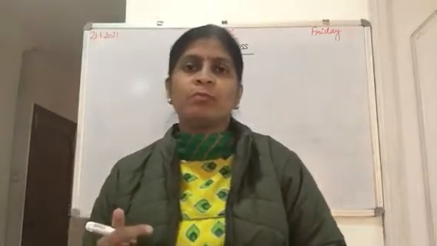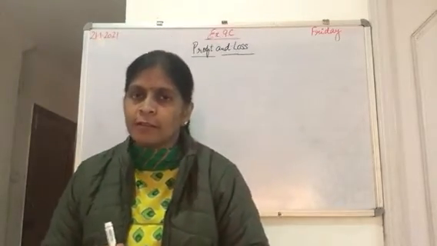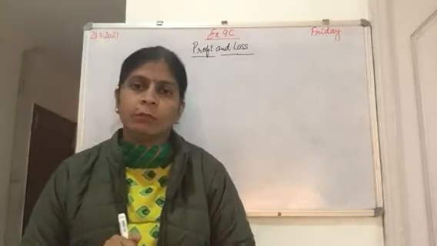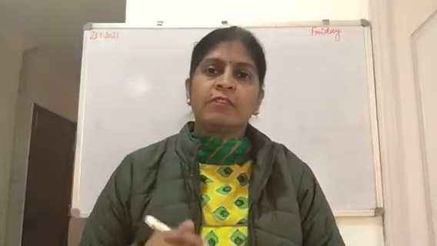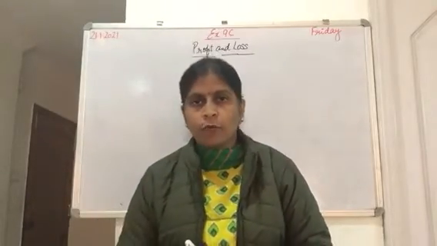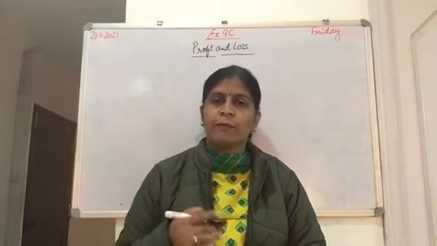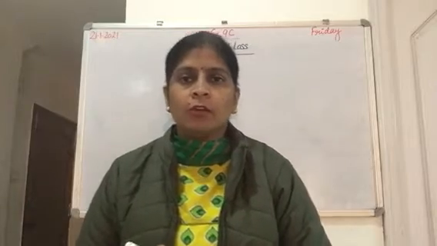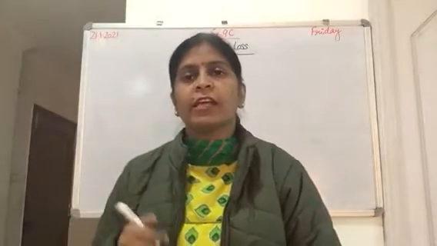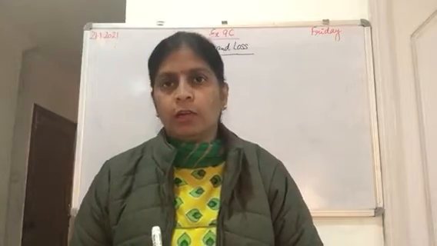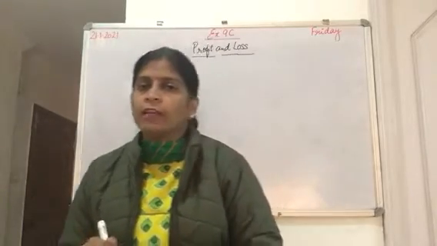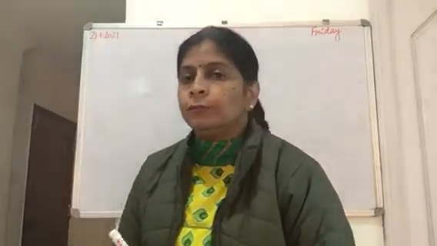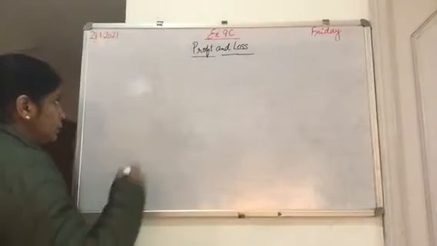So the price at which we purchase something is called the cost price. For example, if I purchase a refrigerator for 10,000, then 10,000 will be the cost price. Similarly, when we sell something, after using it, if I am selling my refrigerator, the price will be called the selling price. So I purchased it at 10,000, so CP, short form of cost price, will be 10,000. And if I sold it at 8,000, so selling price, that is SP, equals 8,000.